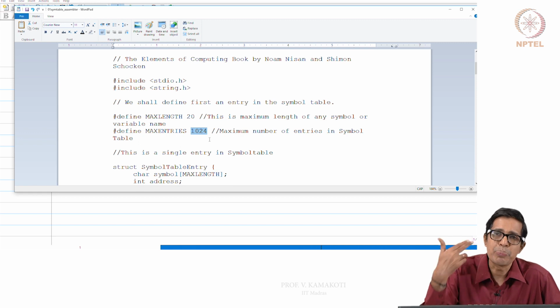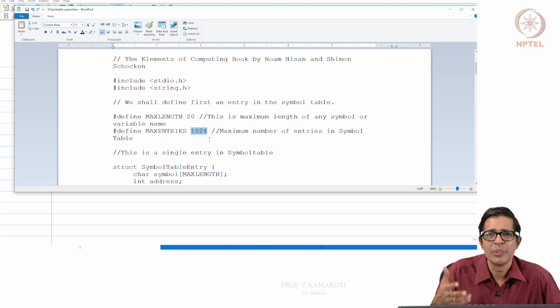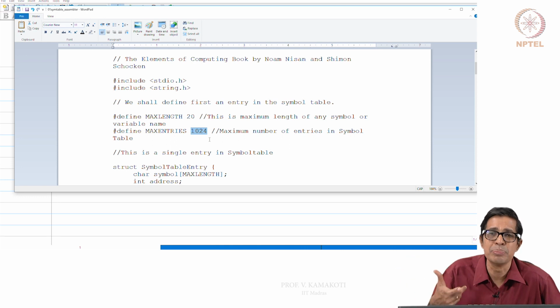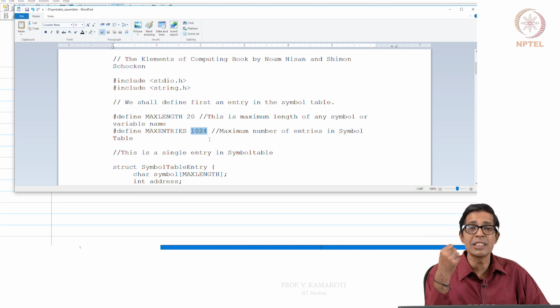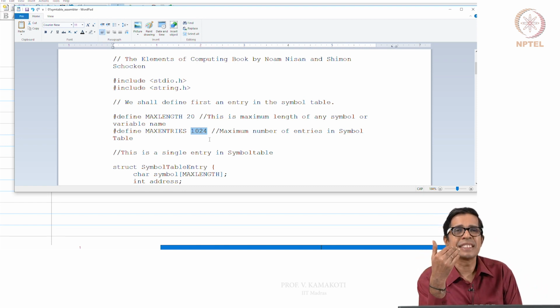So at that point of time, the assembler has to tell, okay, I am now getting entries more than 1024. My string length of a symbol is more than 20. So the assembler should be in a position to tell, so that people can go and change the assembler and recompile it. So one of the things that is very important when we build a system software is this resilience or diagnostic ability.